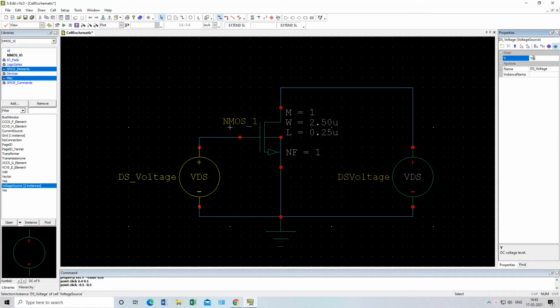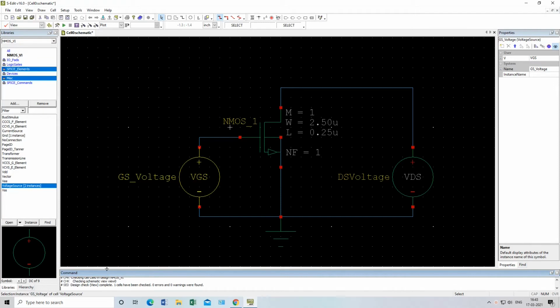Actually, previously I made one mistake. That side of voltage is not VDS, it is VGS. Now I have changed it back, see, this is VGS, and this is VDS. Previously I made the mistake, that's why the problem was created. So now I have connected the circuit with VGS and VDS. Now I have to check whether it is correct or not. By clicking on this red tick, we will check whether our connection is correct.